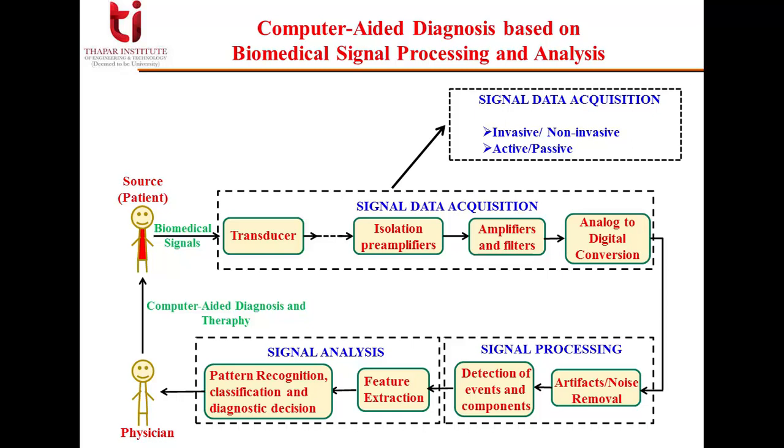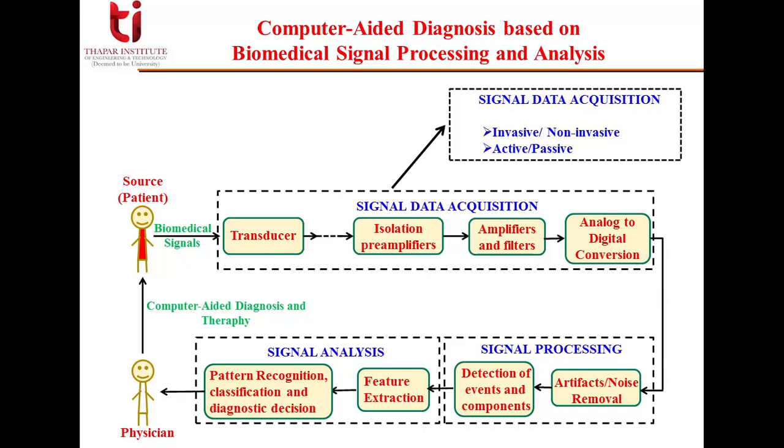Active data acquisition procedures require external stimuli to be applied on the subject. For example, recording visual ERP signal requires the delivery of flashes of light to the subject or to the patient. Now, passive procedures do not require the subject to perform any kind of activity. For example, recording the EEG signal during sleep using scalp surface electrodes.